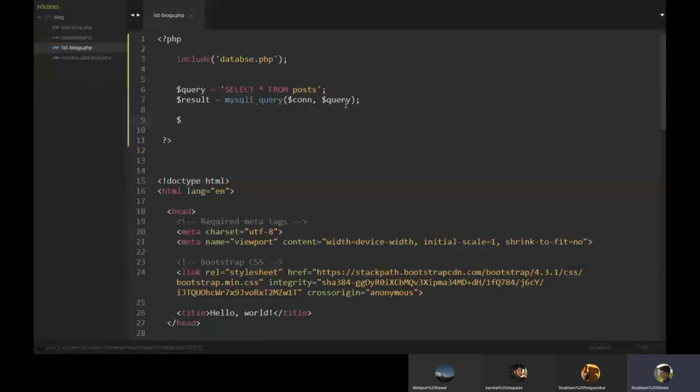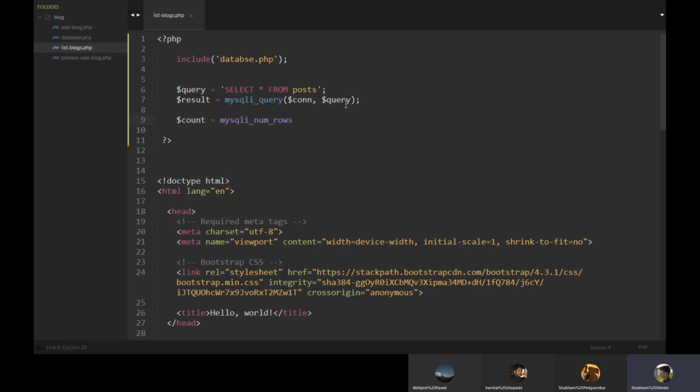We will just create a count variable and assign the number of blogs we have found in the database. For getting the number of blogs in number format, we will use the mysqli_num_rows function. This count variable will be used for condition checking. If the count is greater than 0, which means we have something in the database, then we will list the blogs.